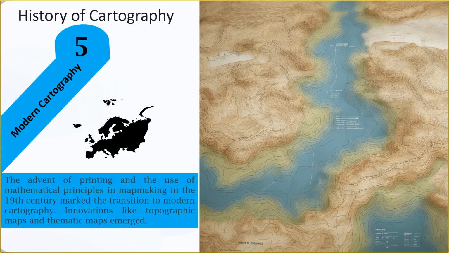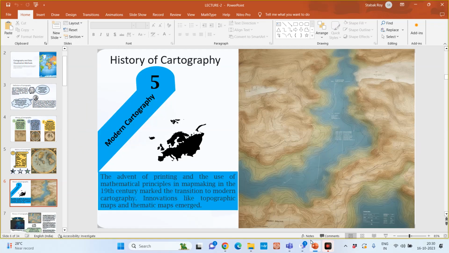And then comes modern cartography. Then we talk about modern cartography since the 19th century, when geographers and other people came to